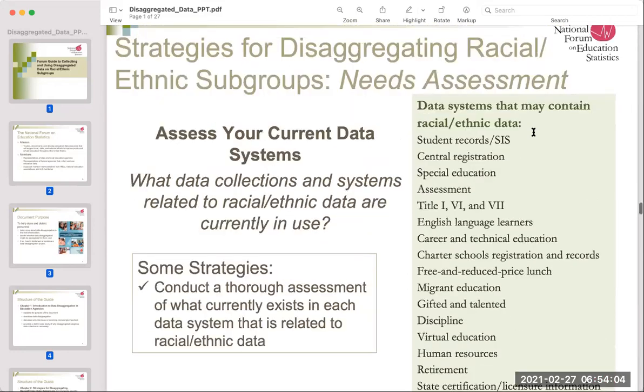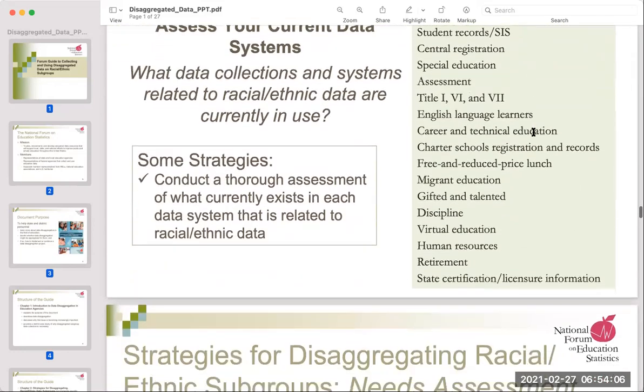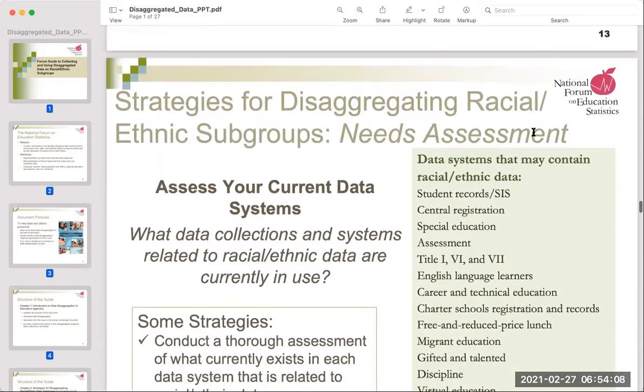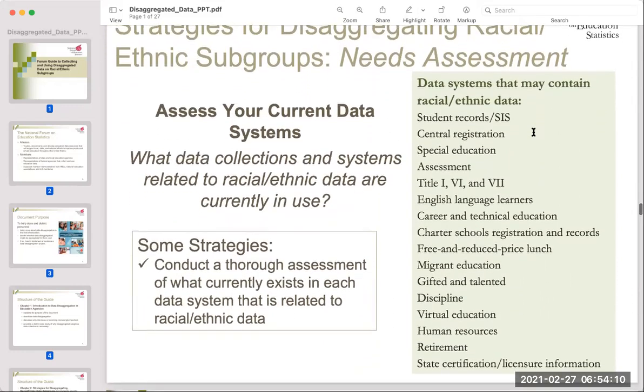13. Strategies for disaggregating racial ethnic subgroups. Needs assessment. Assess your current data systems. What data collections and systems related to racial ethnic data are currently in use? Data systems that may contain racial ethnic data: Student records, SIS, Central Registration, Special Education, Assessment, Title I, VI,